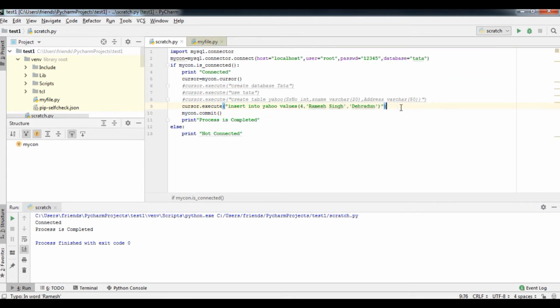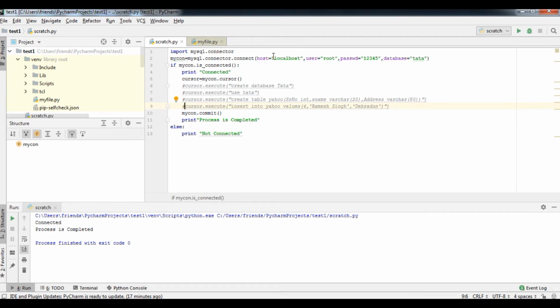So in the last video student, we understood how to insert that. So I will comment this particular line because this command is used to insert the record. And you can see the first line, import SQL connector, that is the module, import module. Second thing, establish the connection using the object mycon, sql.connector.connect.